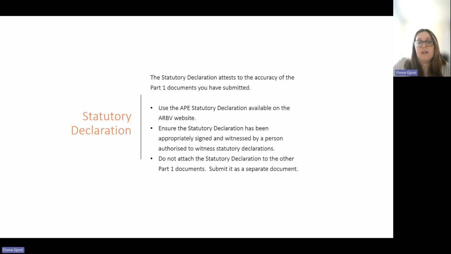So the statutory declaration is to attest to the accuracy of the Part 1 documents you've submitted. So it's quite an important document. There is an APE statutory declaration available on our website, and that's the one that we request that you use. You need to ensure that the statutory declaration has been appropriately signed and witnessed by a person that's authorised to